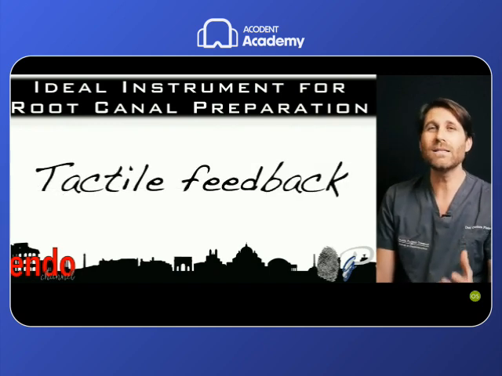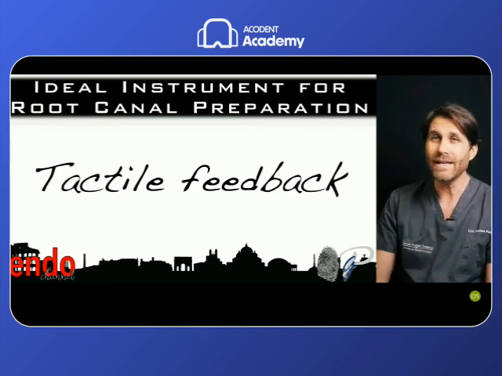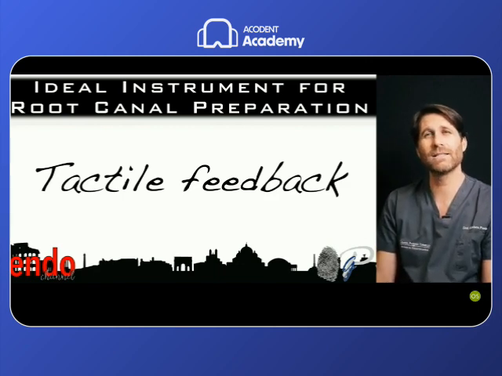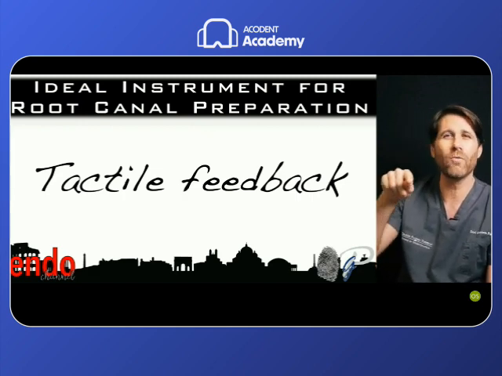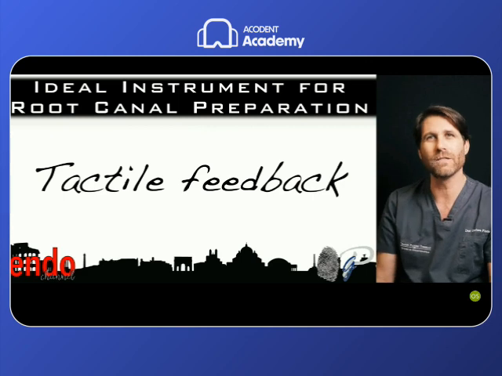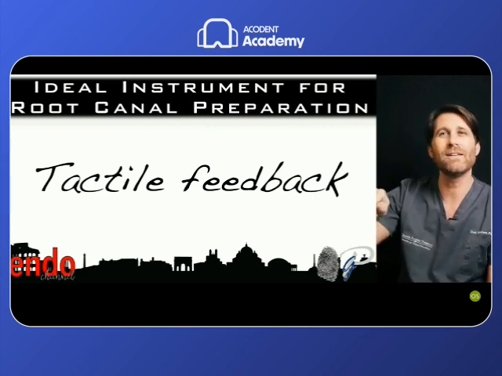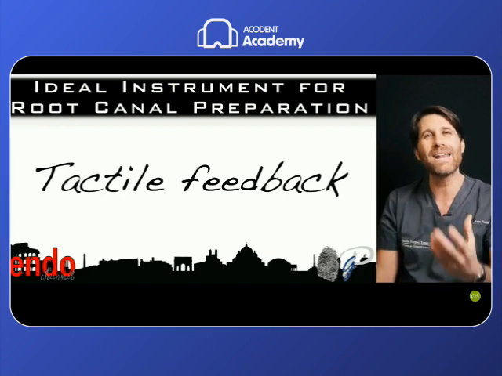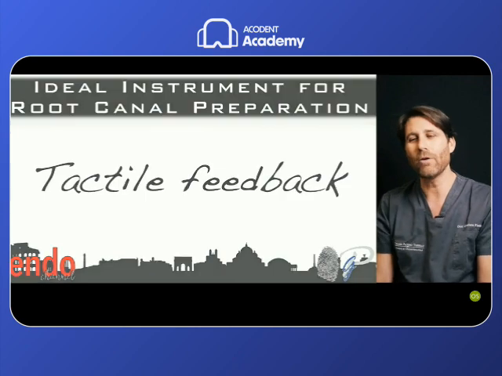I have used these terms. It's like a probe that is activated mechanically. So it's like an extension of your hand, like an extension of your fingers. When you use a probe, you have the tactile feedback of what you are touching. You find the orifice, you find the canal. So with this instrument, you are using it like a probe, you find the orifice, then you activate, and you have a mechanical probe, very efficient and flexible, that permits you to scout these root canals.